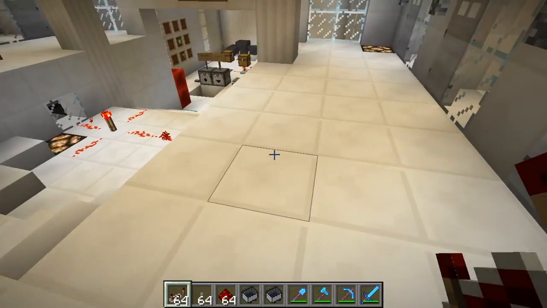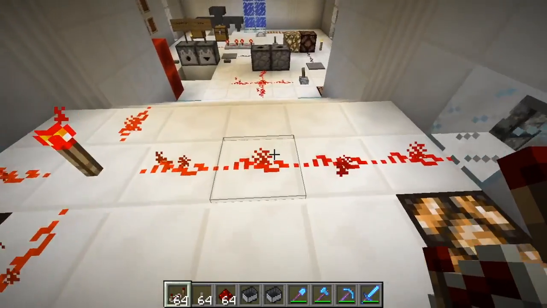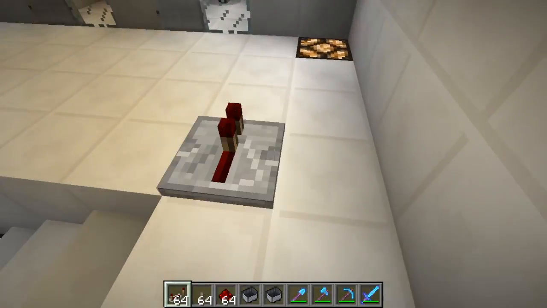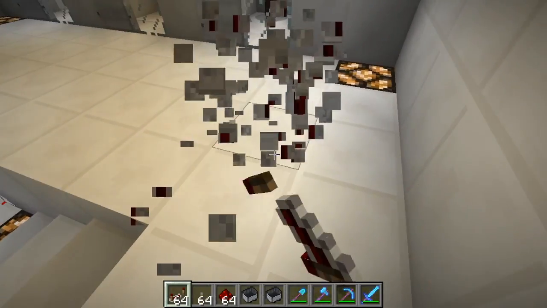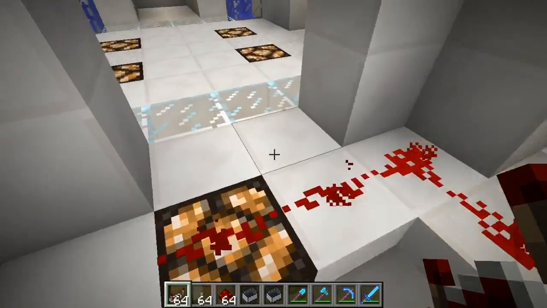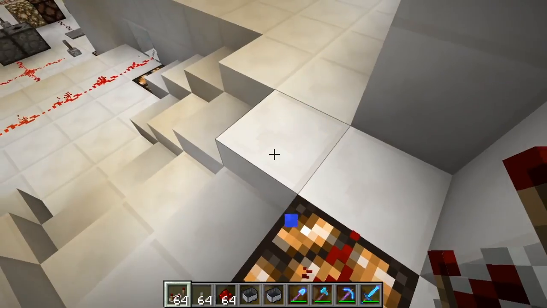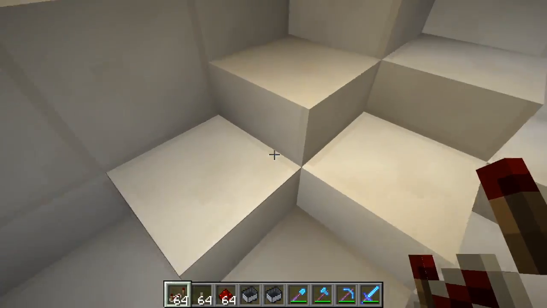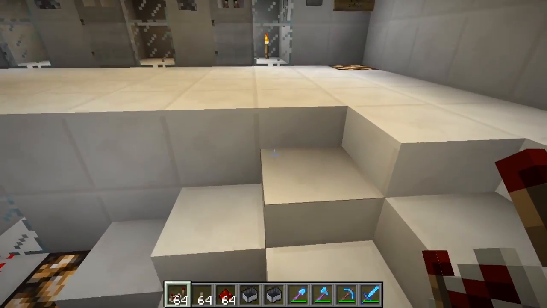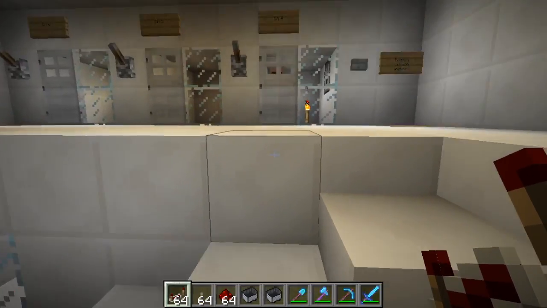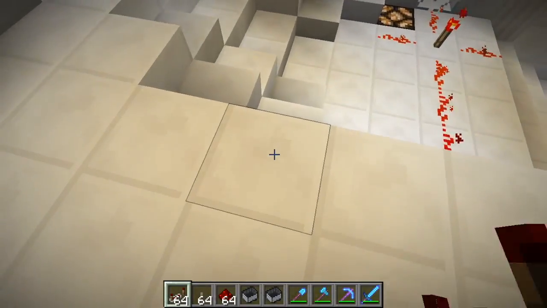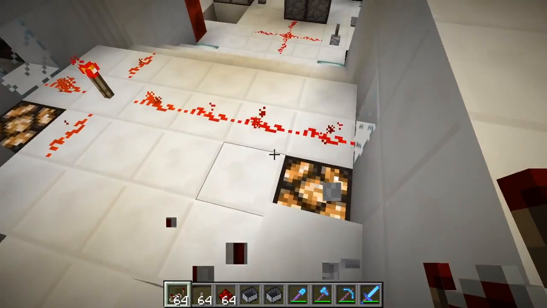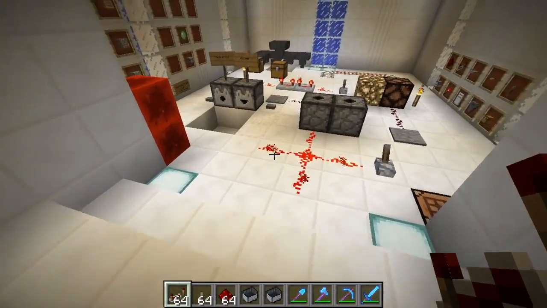What's annoying about redstone repeaters, though, is that you can put them in a straight line, but they cannot do turns, and they cannot go up and down. As if these were stairs, not half slabs, they will not connect if you go like this and this. So that's the problem with those, but they can also be used